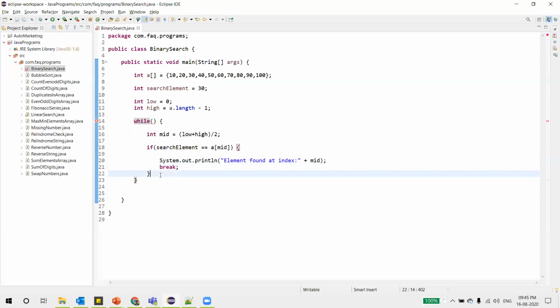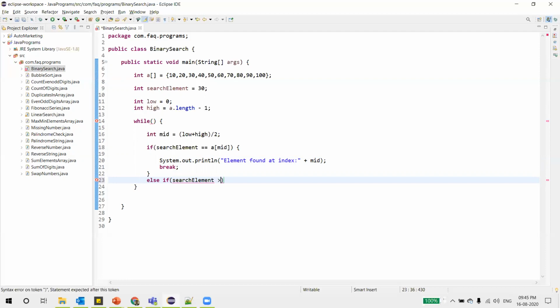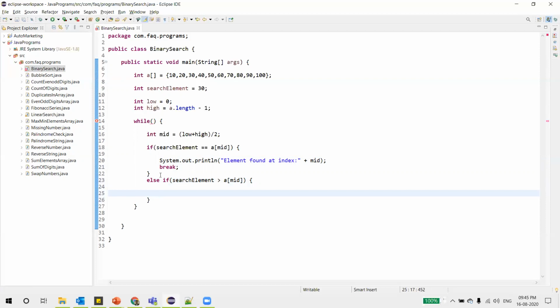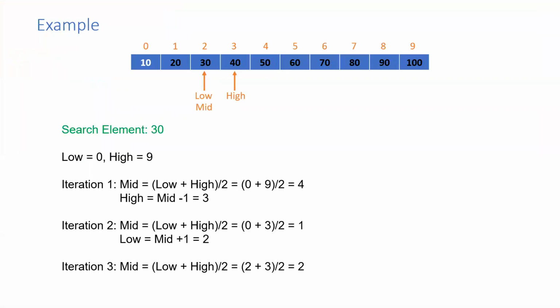Now what if it is not equal? Then we'll check another condition: if the search element is lesser than a of mid. If you see here, in our case, first it was pointed by 0 and 9, then high becomes 3, so mid minus 1.